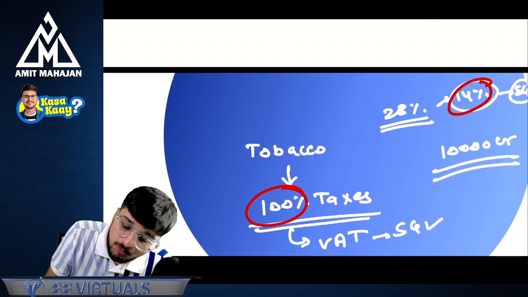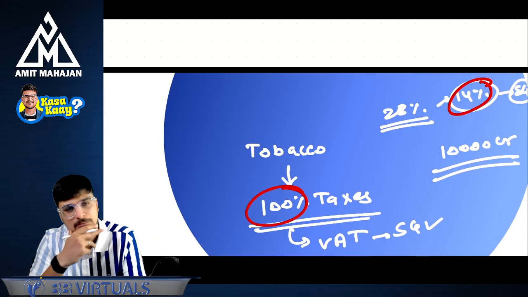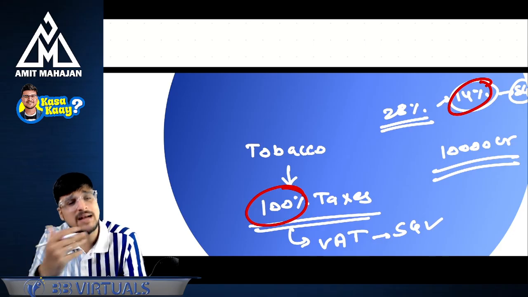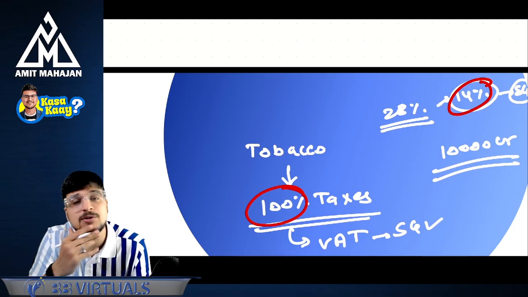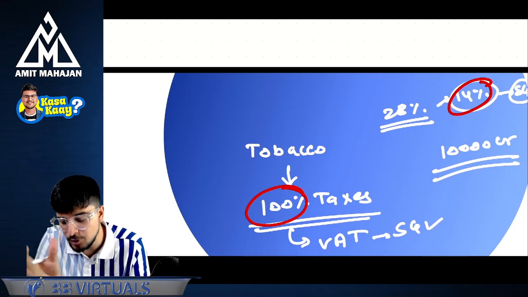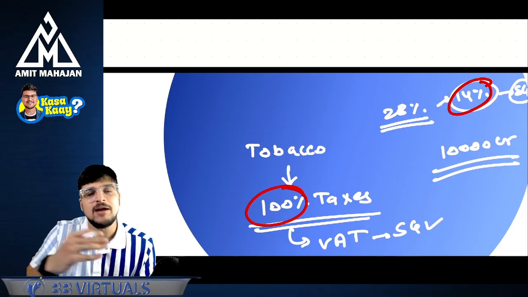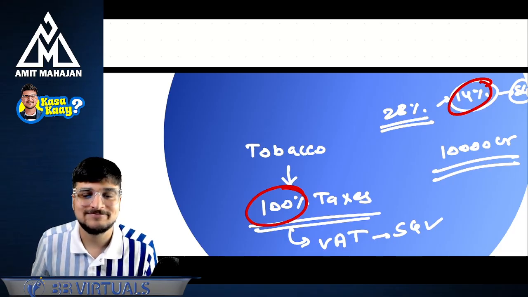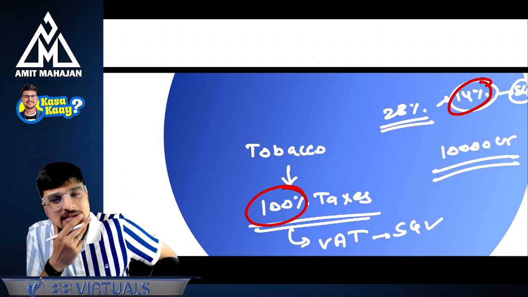The central government said, what if we sit at one table and start discussing things? Whatever loss you will face due to the introduction of GST, what if we compensate that loss to you? We give that loss back to you. Then the state government says that